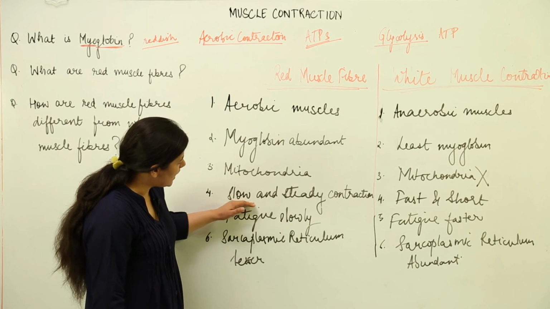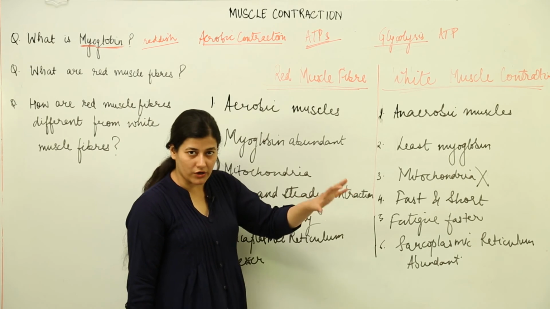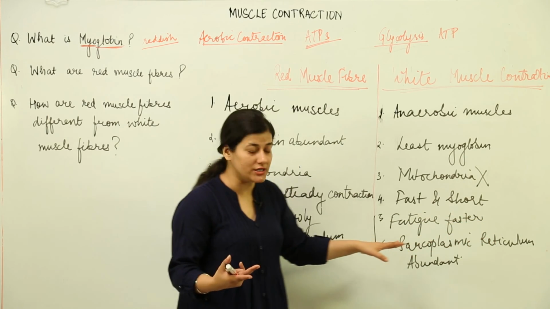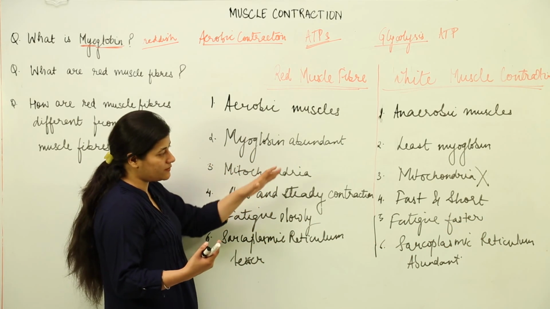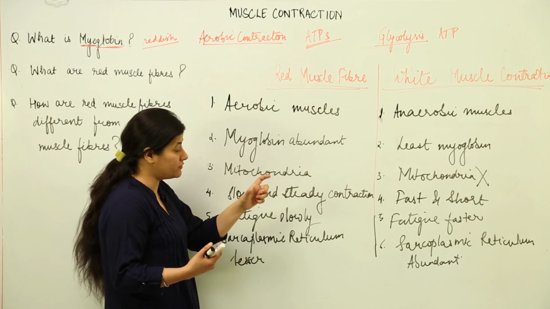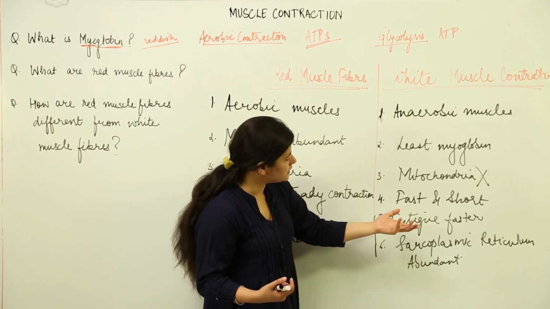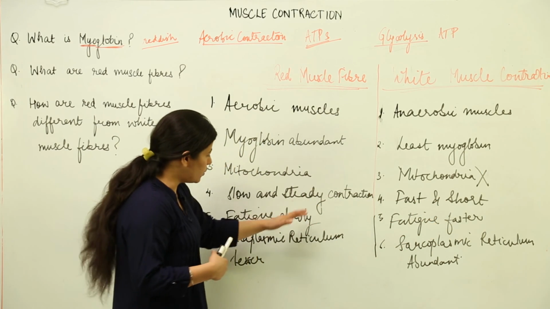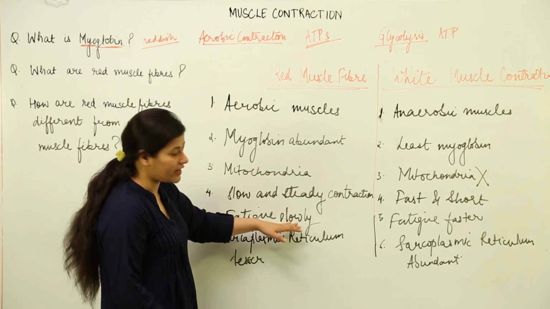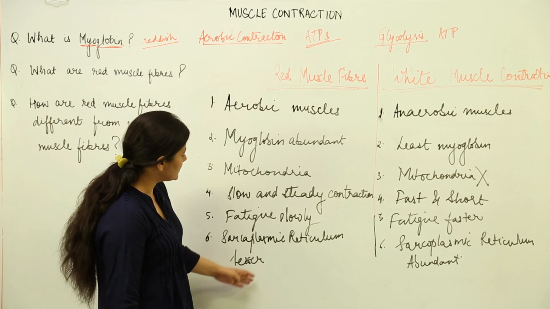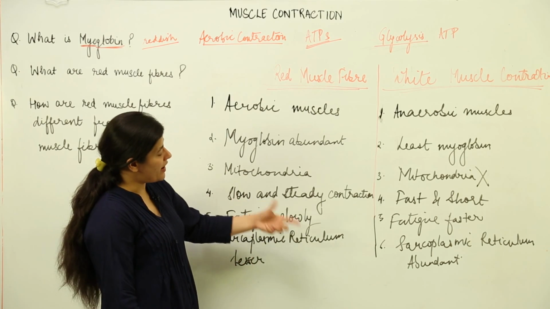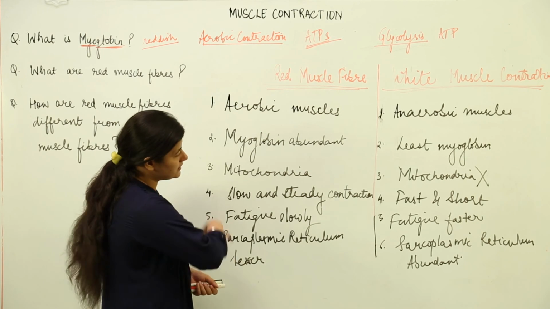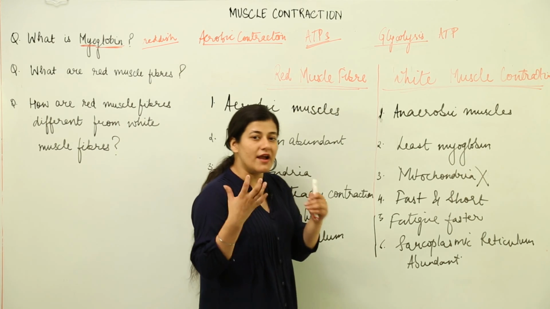These muscles are slow and steady in their contraction, while the white muscles are for fast and short contractions. In the case of white muscles, because they are for fast and short contractions, I'm saying this term time and again, short, so there the fatigue would be at a faster rate. Those which have steady contractions will have longer contractions and they would fatigue slowly. And the last one is that the sarcoplasmic reticulum is present in lesser quantities in red muscles as compared to those in white muscles.